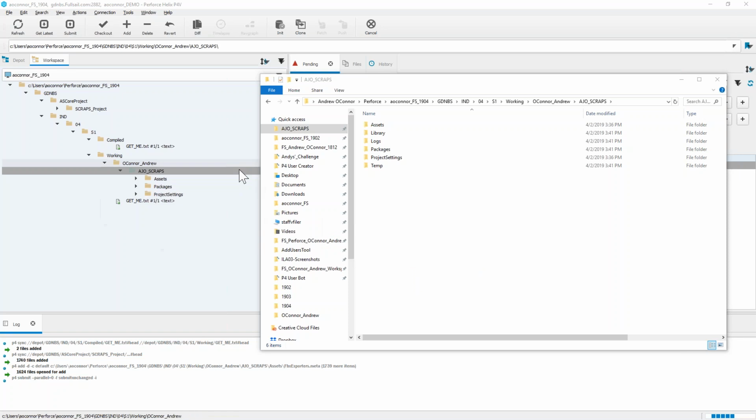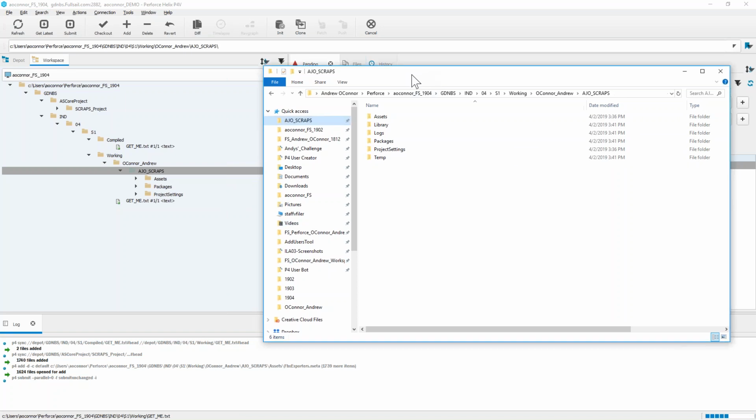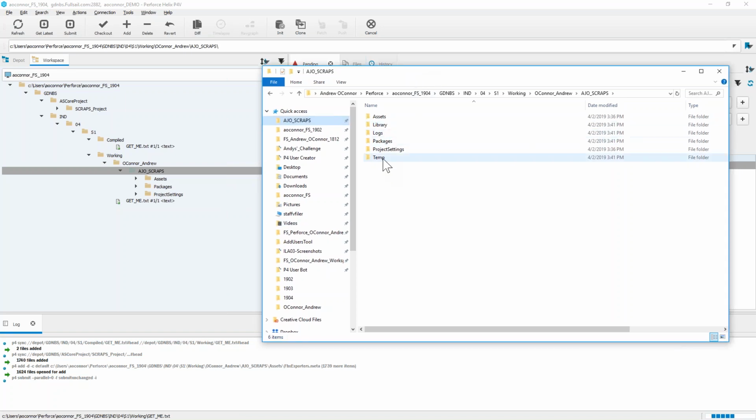Alright, so now that the project is loading, you'll see a few other folders appeared, right? I have the Library and the Temp folders. Those just came out of nowhere. Those we need to make sure do not get added to the depot on Perforce. It can cause you some real annoying headaches if you do. Not the end of the world. We can always fix those issues, but we want to avoid having those on the depot